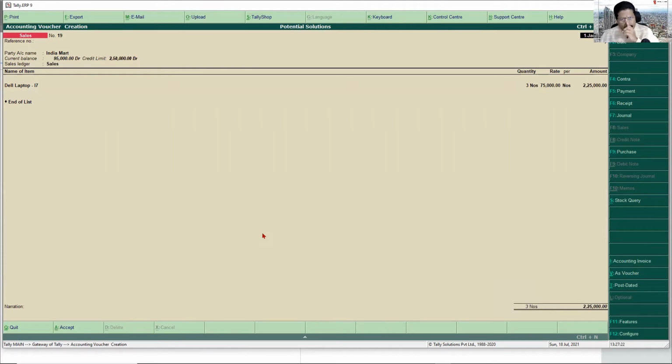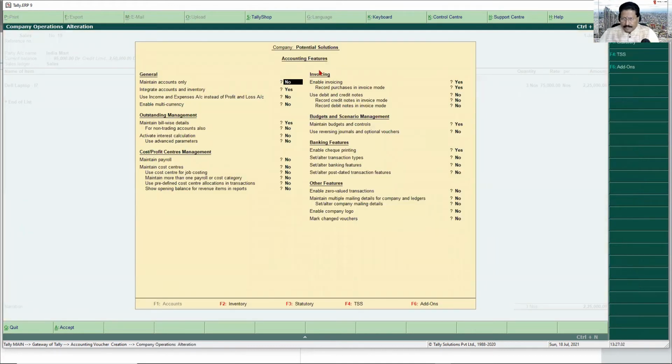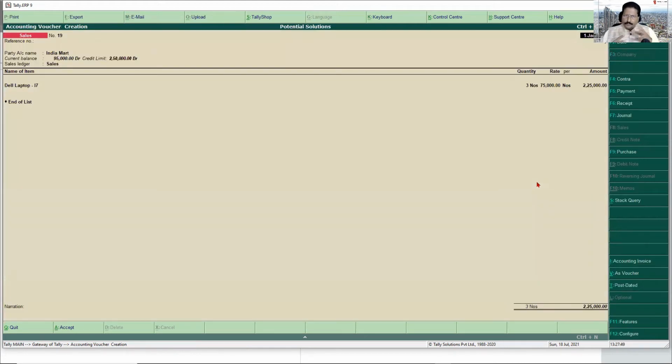One important thing that you have to remember is that for you to get this credit limit field to specify the credit limit, under the F11 feature, under accounting features, right? So we have this accounting, inventory and all the things. Under accounting features, you have to make sure that maintain budgets and control option is set to yes. Okay, so I hope these four options would have been clearer for all of you, and wherever possible, start